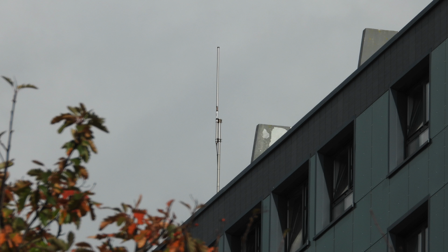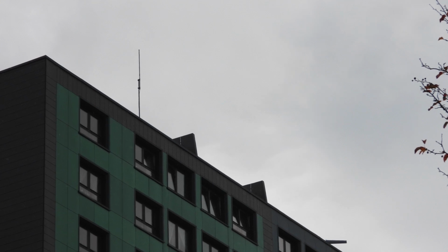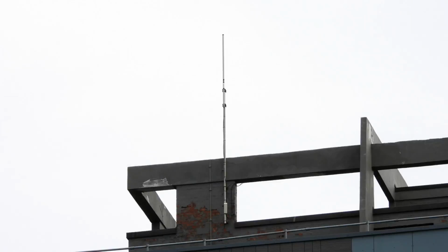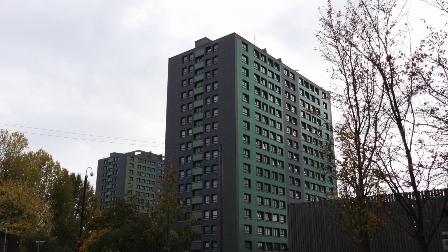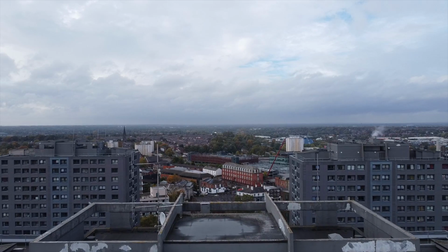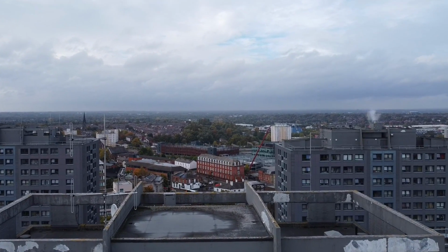So let's start with the monopole. This belonged originally to Pure 107.8, which launched in 2006 after a series of transmissions on an Ofcom restricted service licence. In February 2017, it closed its doors as Pure FM due to financial difficulties, but was revived in November of that year as Your FM, Stockport's new community station. The transmit aerial sits on the top of Ratcliffe Towers and outputs 25 watts, still on 107.8, but this wasn't